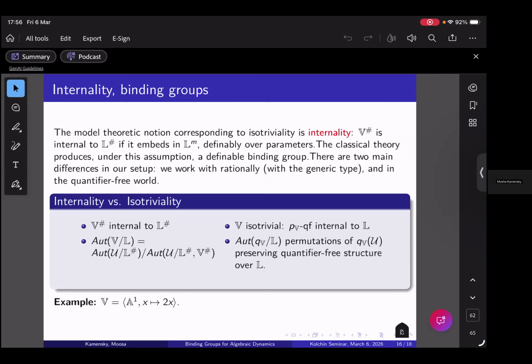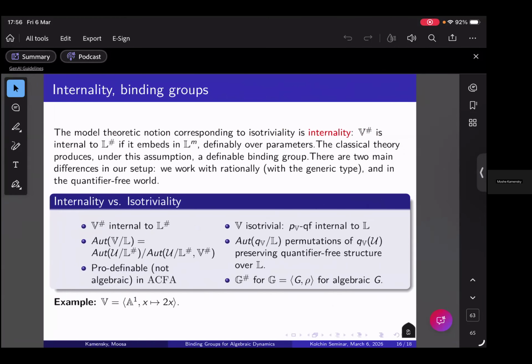Okay, and this is not what we want here, because remember that there's no quantifier elimination. So the requirement that the automorphism lifts to the universe means we preserve too much structure. We don't want to preserve that. Remember we wanted to preserve all the invariant subvarieties, but we don't want to preserve a more complicated definable subset. So we just want to preserve the quantifier-free structure, and then as a result, if you do use the